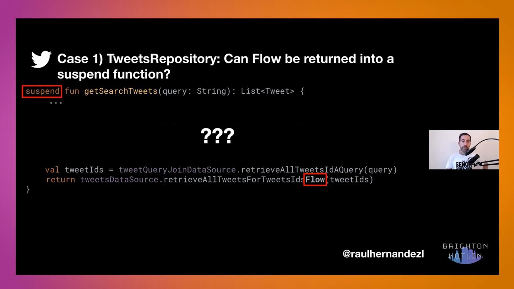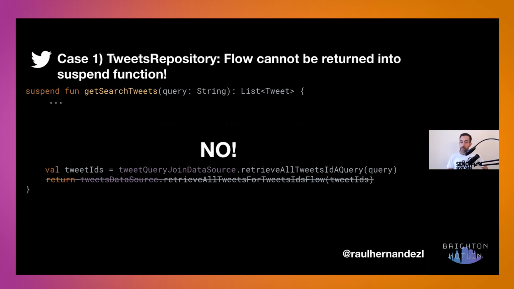Right, and now we have different possibilities. If we think about what we need, let's say we have this suspend function, and then I have inside a functionality returning a flow. Is that even possible? Can I return a flow inside a suspend function? So I would say no, this is not